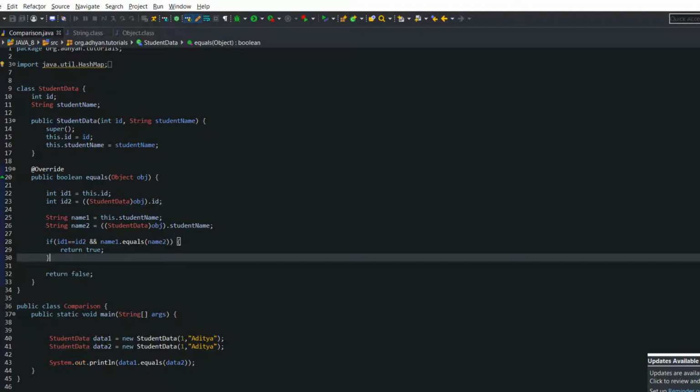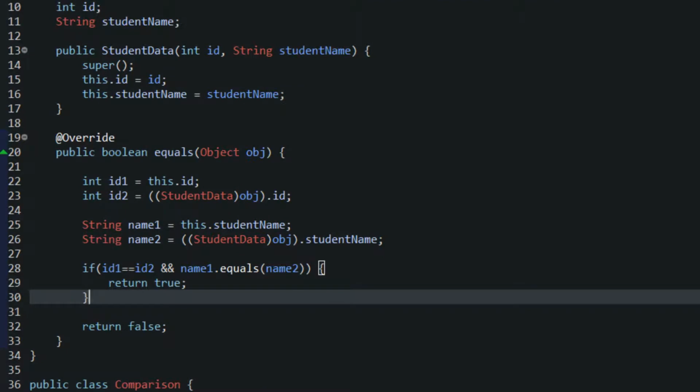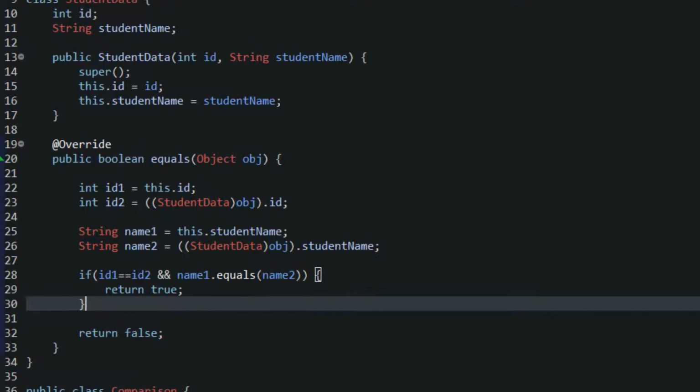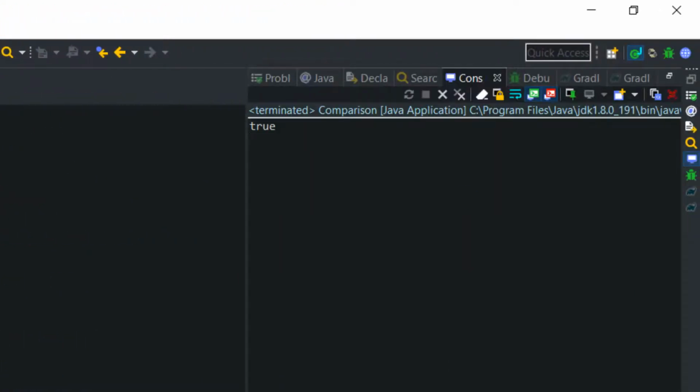Let's execute the code again. Here you can see that I have taken ID1, ID2, name1 and name2, and I am comparing their data instead of the reference number. Now let's execute the code again. Now data1 and data2 return true.